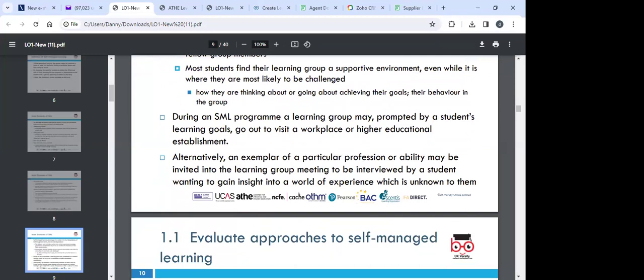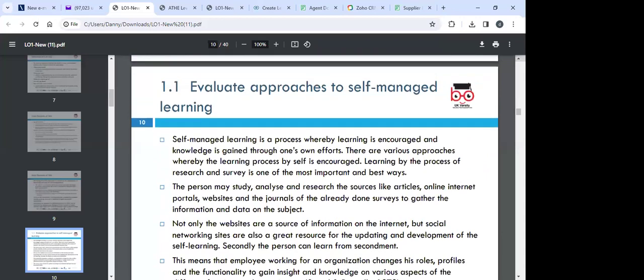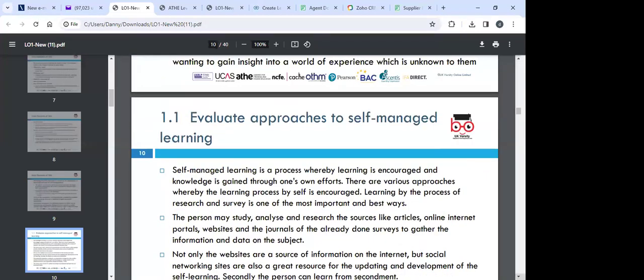In the program, you will be prompted by student learning goals to go and visit a workplace. Of course, those are what we call placements. We call them placements. Okay. So let's look at